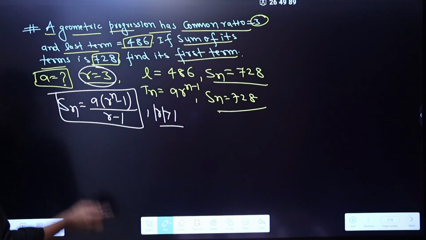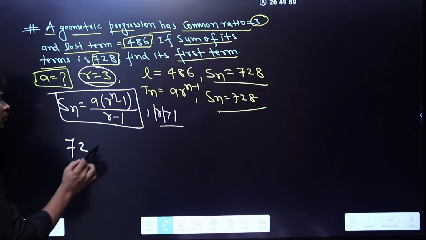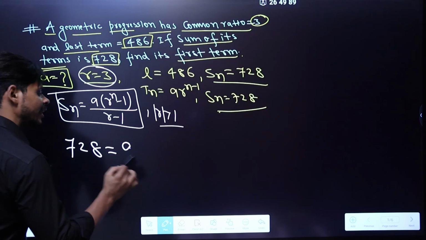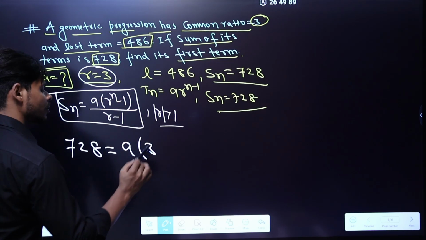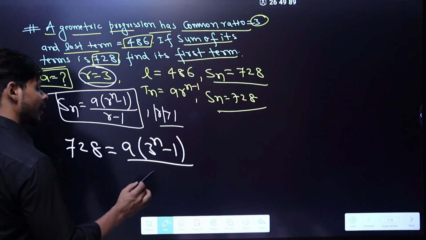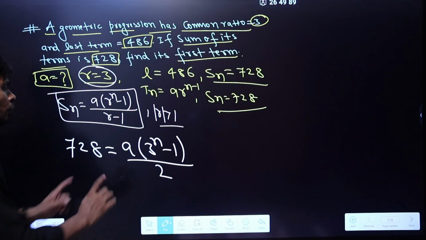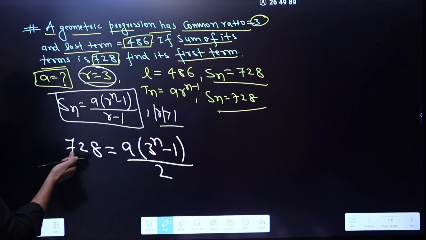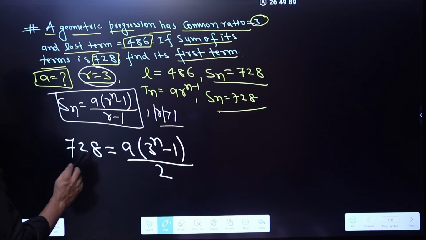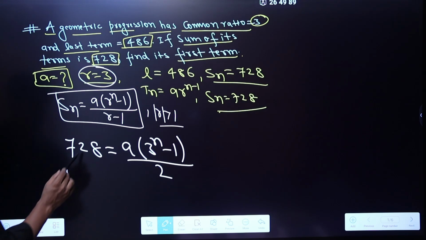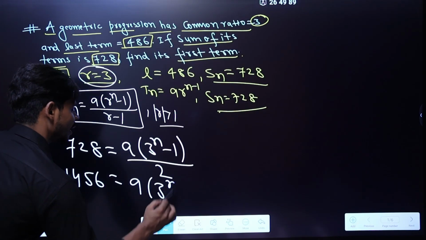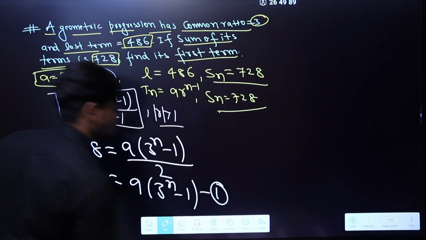Here we are given Sn as 728. We need to find n first of all. Next, first term, do we know the first term? No, we need to find the first term. Next, r is 3, so it is 3 raised to the power n, also we don't know n, so n minus 1, divided by r minus 1, which is 3 minus 1, that is 2. Right? So you can say this is your first equation, or you can transpose this to this side also: 728 times 2 is 1456, equals a times (3 raised to the power n minus 1), like this. Let's say this is your first equation.